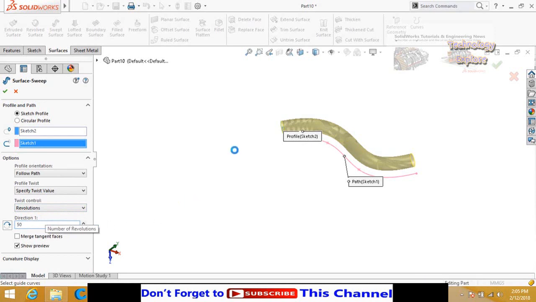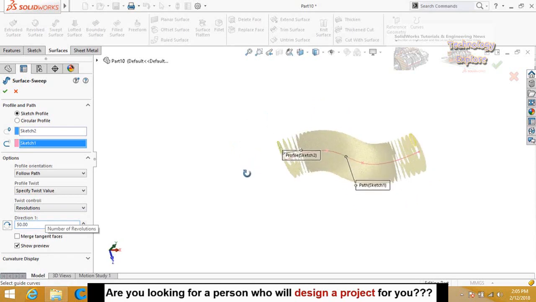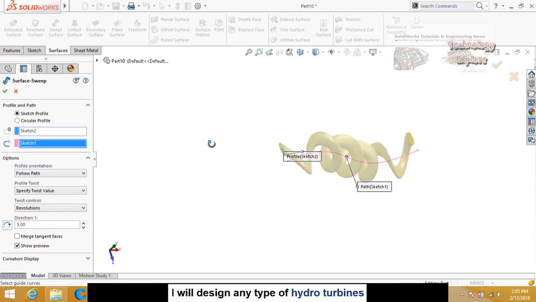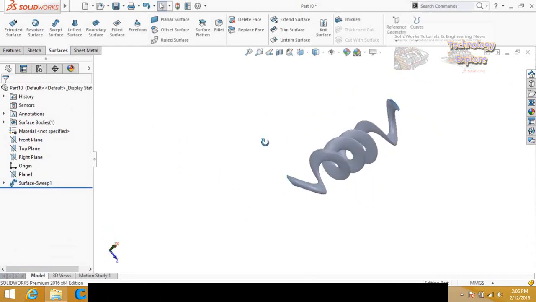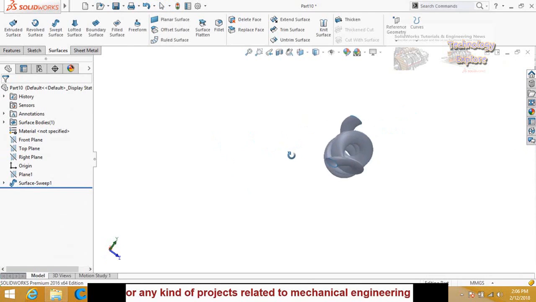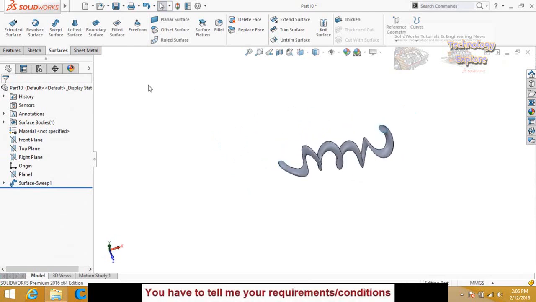So let's type 5. So here you can see the number of revolutions added is 5. So this is how our swept boss base or swept surface command works.